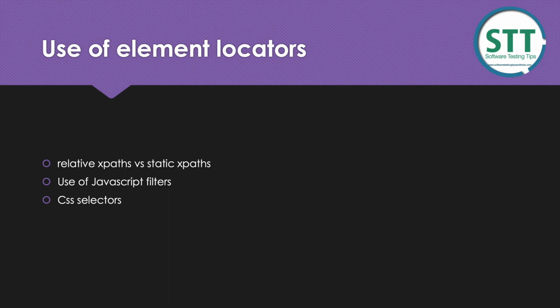Sometimes in JavaScript filters we are sorting all the arrays. We are searching from arrays, which is sometimes in the order of n square, so we need to optimize those kinds of things. And CSS selectors are good to use whenever possible, but they should not cause any trouble in passing or failing. They should get the element every time. You can use that, and it is very fast.